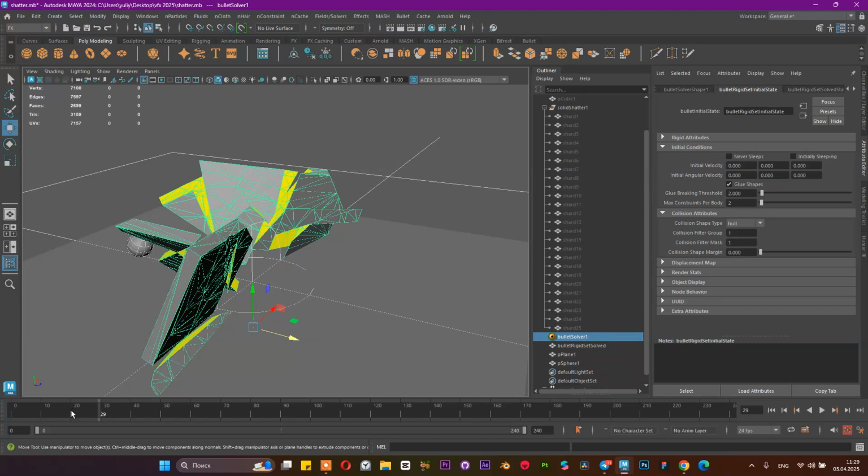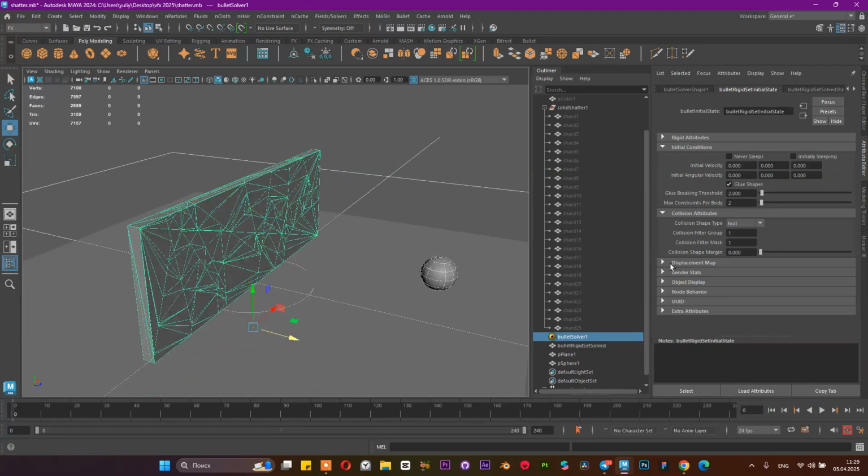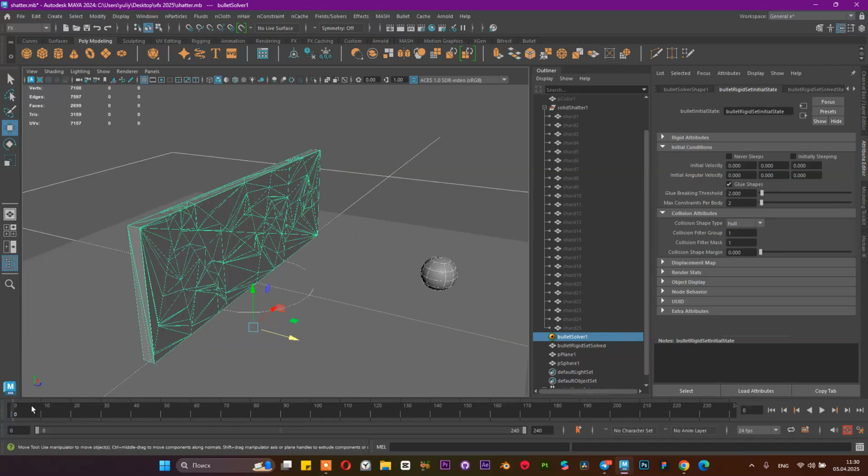object touches this wall, we can decrease this glue intensity. For example, let's start from the 10th frame. We can set